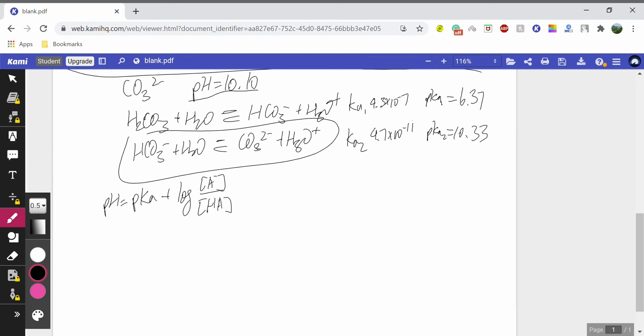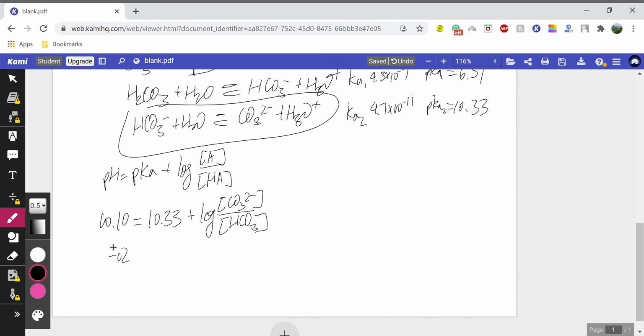So what is the conjugate base? The conjugate base in this case is CO3 2 minus. So 10.10 pH is equal to pKa, which is 10.33, plus the log of the concentration of CO3 2 minus divided by the concentration of HCO3 minus. Now if we do 10.10 minus 10.33, we're going to have negative 0.23 is equal to log of CO3 2 minus divided by HCO3 minus. So if we use 10 to the negative 0.23 power, that's going to be